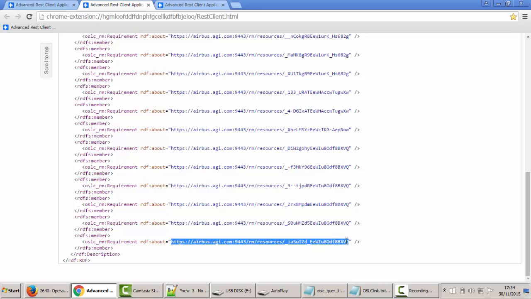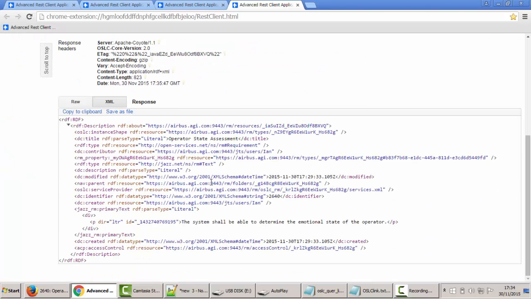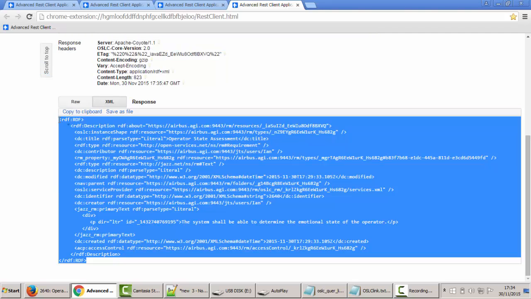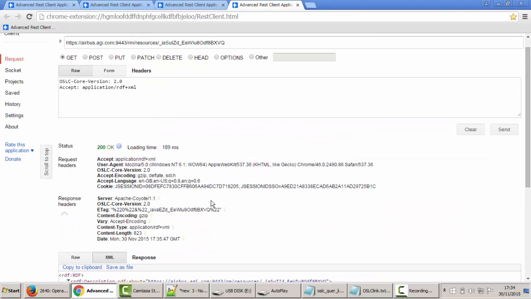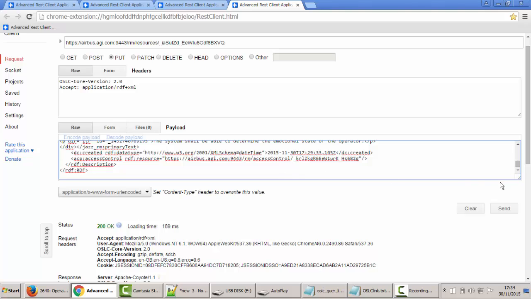So if I just do a copy, create a new instance of the REST client, I will paste my requirement in, and it's operator state assessment. The system shall be able to determine the emotional state. So this is the new requirement we've just made. Let's suppose we want to update it so that the title represents the description. I forgot to do that when creating it. So easy enough. You just click copy to clipboard, change the get to a put, and into the payload paste your RDF XML